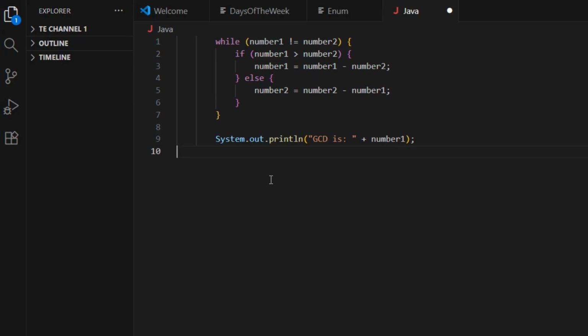Here's the Java implementation. while (number1 != number2) { if (number1 > number2) number1 = number1 - number2; else number2 = number2 - number1; } System.out.println("GCD is " + number1);